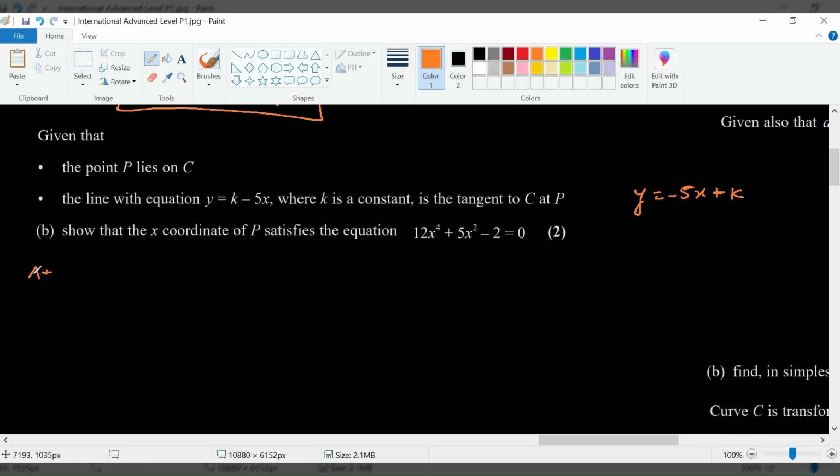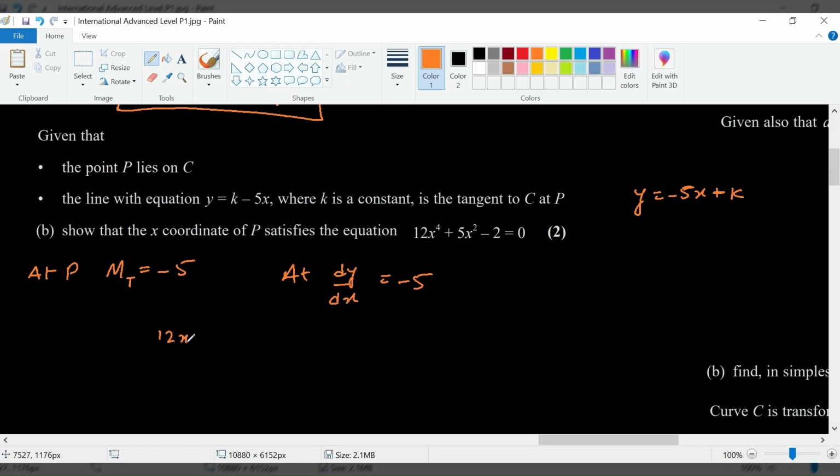So now I can write here, at P the gradient is, the gradient of the tangent, I must write here, is negative 5. So therefore that means at P, dy/dx, the gradient, is negative 5. So what does dy/dx